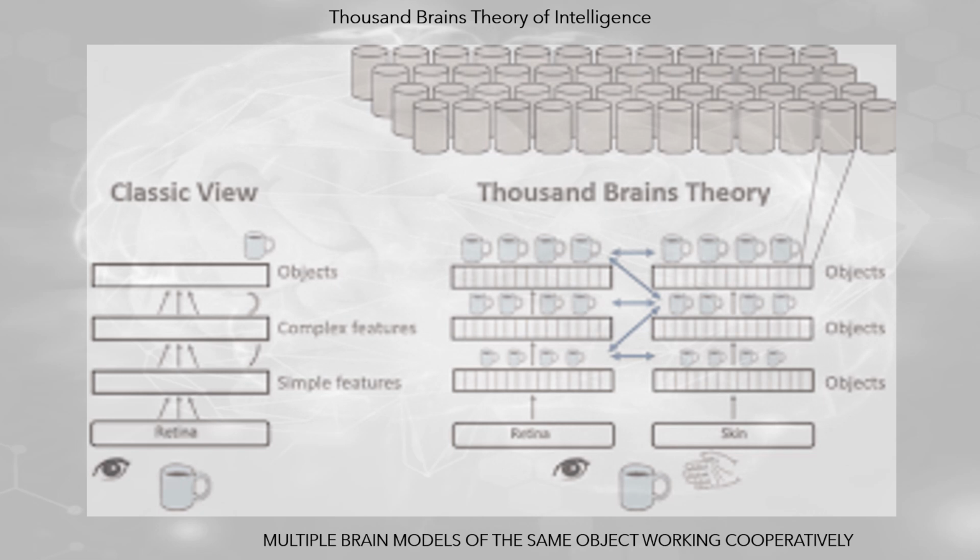Thousand brains theory of intelligence implies multiple models of an object, each model depends on a point of view. All models work cooperatively to identify the object, or situation. The identification starts from the sampling process, and progresses until it finds that all the models converge, that is, they agree, and at that moment the object, or the situation, has been identified, and the process is done through the flow of information in the neocortical regions.